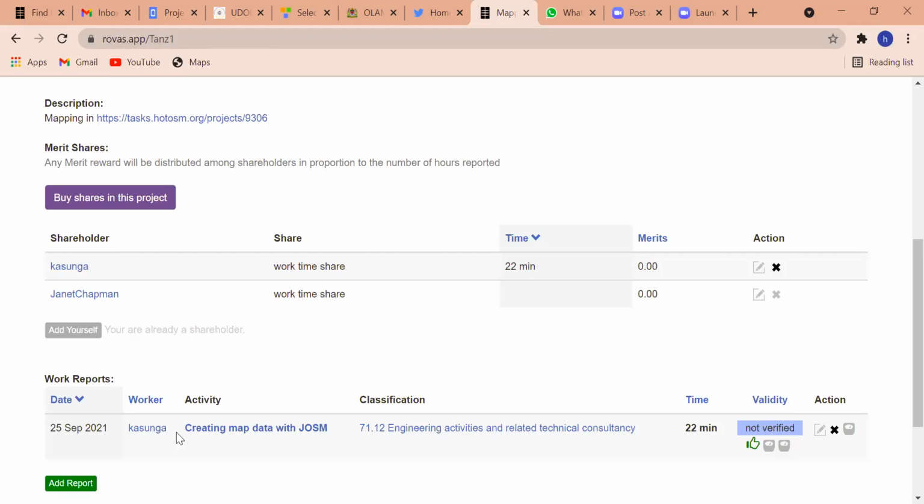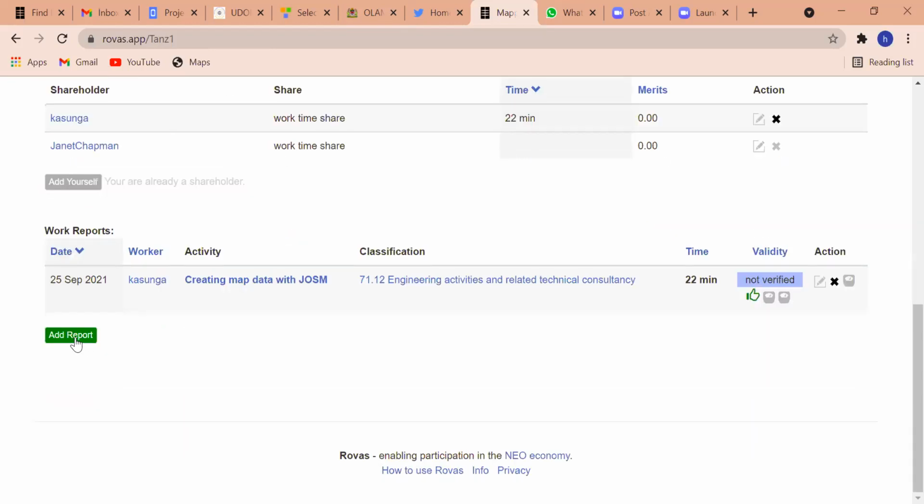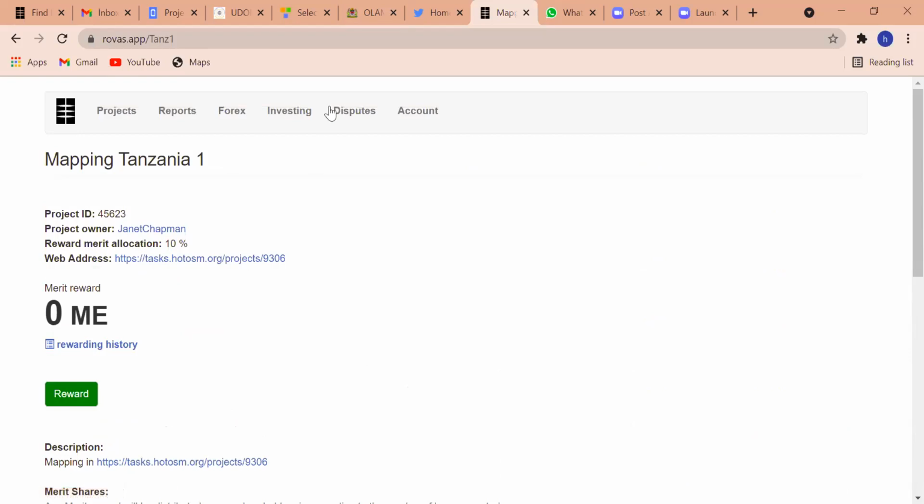Yeah, I got you, Alexander. I don't know about other people if you understood that correctly, because they are really new and using Rovas, so I'm trying to walk them through everything. For me, I don't have to do add report again, but for them, they need to add themselves. Yes. So maybe people can do that right now, and then we should be able to see that you're part of it. So if you've logged into Rovas, everyone,